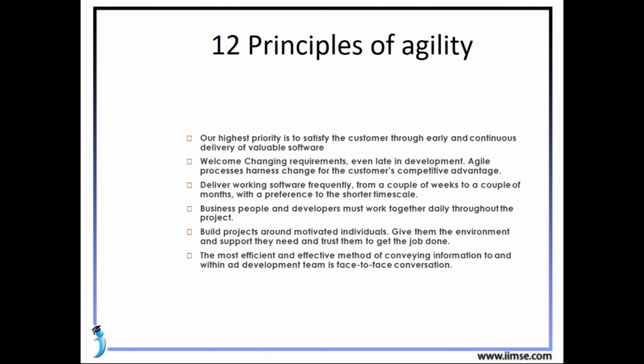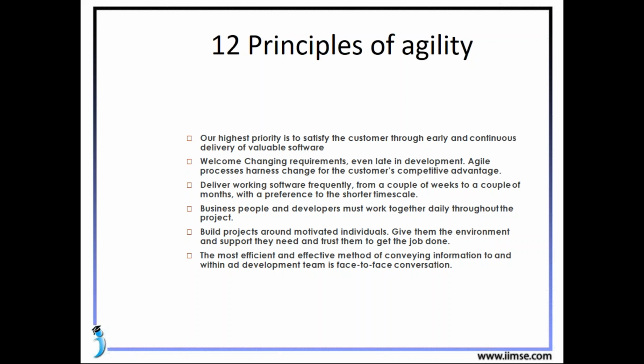Let's come to the third one, that is, deliver working software frequently, from a couple of weeks to a couple of months, with a preference to a shorter time scale. Now, what was happening previously? The problem was that the software was getting out in 3 years, and now agile methodology said no. Rather than giving a baby which took 3 years to take birth, let's deliver a smaller thing.